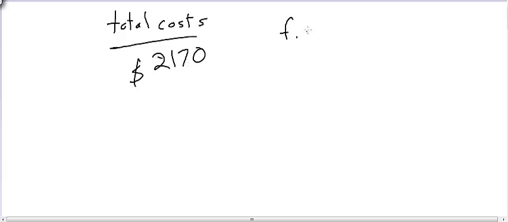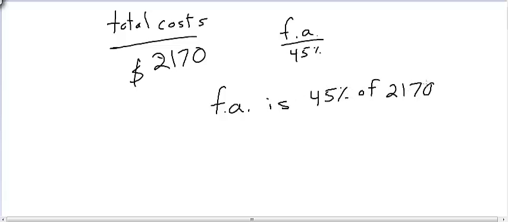Now I know my financial aid as a percentage is 45%. I need to know what's the actual money value of that 45%. So my financial aid, we're saying, is 45% of 2,170. So looking at my expression here, financial aid, which is what I'm looking for, I'm going to put it as an x for now, is translates to equals. 45% as a decimal is 0.45. Of translates to multiplication, and 2,170 is itself. What is 0.45 times 2,170? That comes out to be